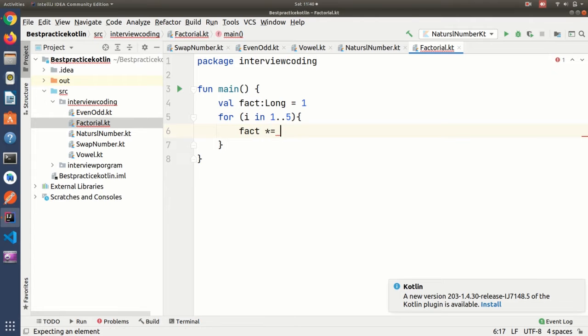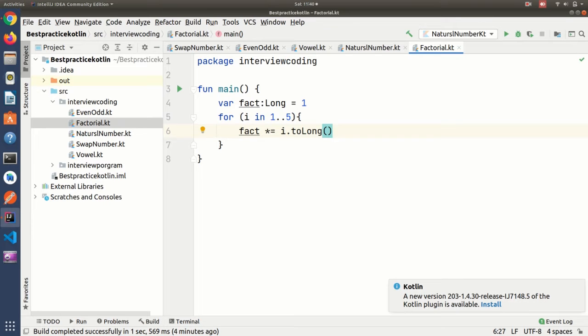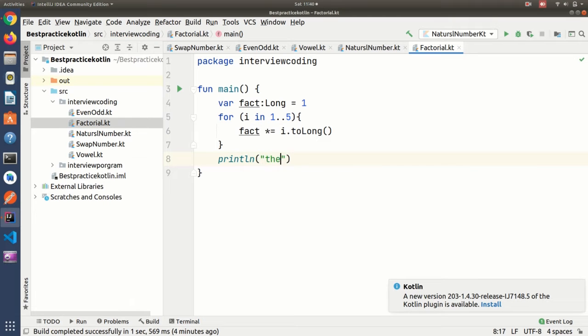Here I need to convert it with toLong. Okay, now if I print here, the factorial of 5 is